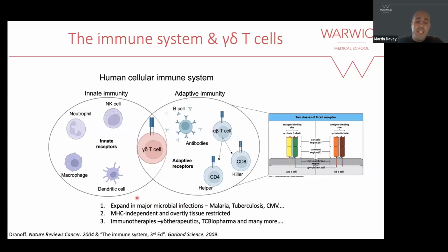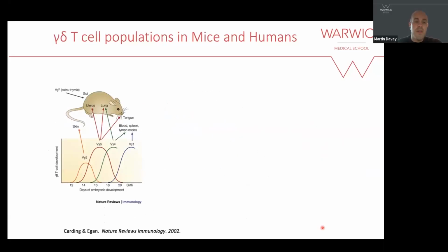They seem to work in an MHC independent way. Alpha beta T cell receptors are exquisitely constrained by their interactions with MHC molecules, whereas gamma deltas seem to operate completely independently of that system, which is quite remarkable. And there's been an explosion recently of immunotherapeutic companies that are trying to harness gamma deltas based on much of our research over the last 25 years. So I just wanted to give you a little bit of background on where these gamma deltas are.